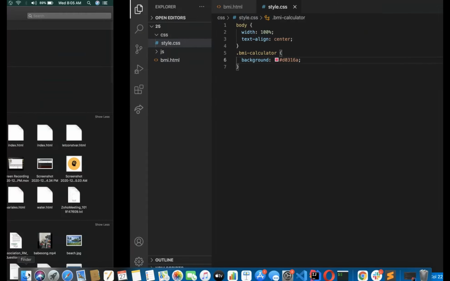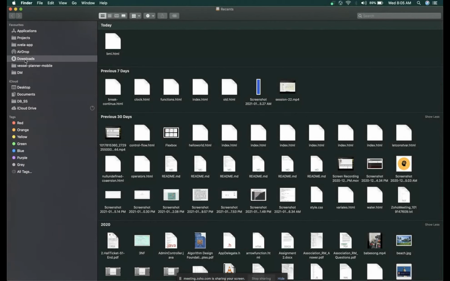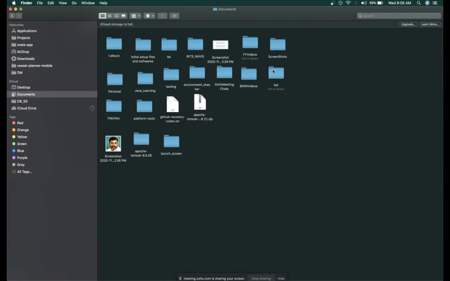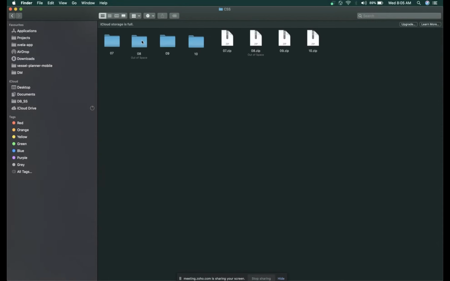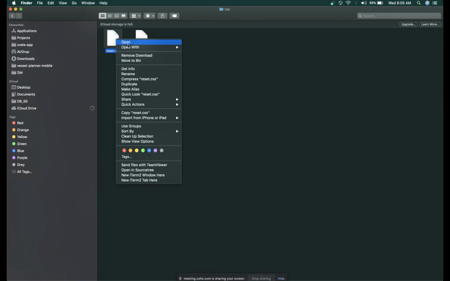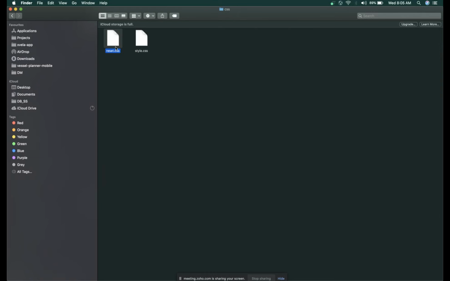And then I don't have reset CSS with me. I'll get it from old things, documents, FSD. I'll be having my reset CSS anywhere in the CSS files. So I'm copying this file and then going to copy it here.